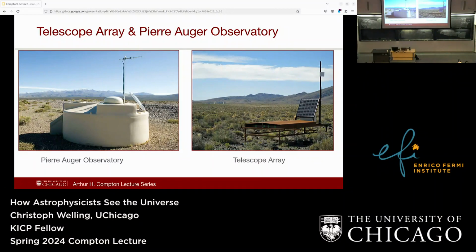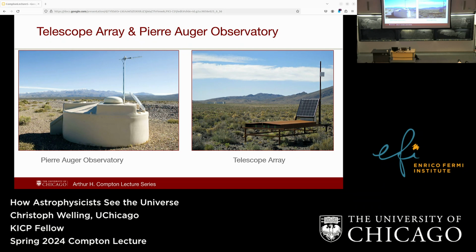And then the detector itself looks like this. So for the Telescope Array, you just have this thing here. This is one of these scintillator plates. And then you just have a solar panel for power, and here's a little antenna to send the data to some computer somewhere. The Auger Observatory works a little bit differently. This is basically a water tank, because particles going through water will also emit light. We'll talk about how this works in a week, because I don't want to talk about detectors all day today.